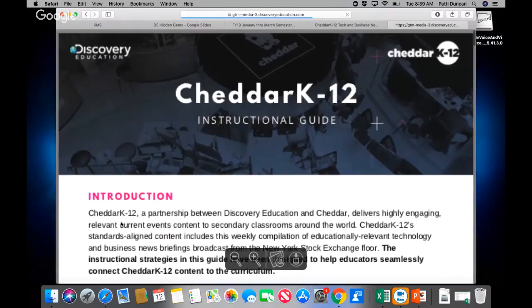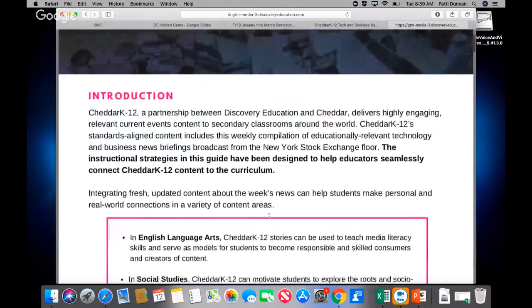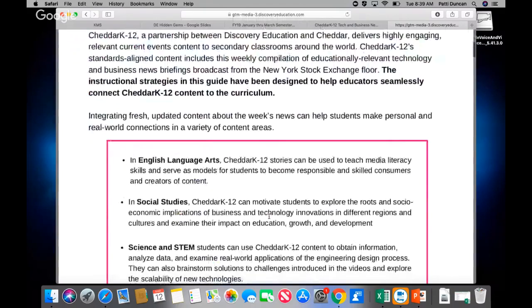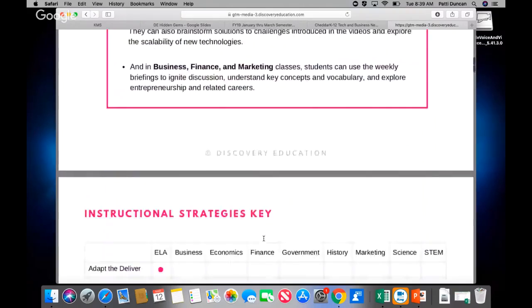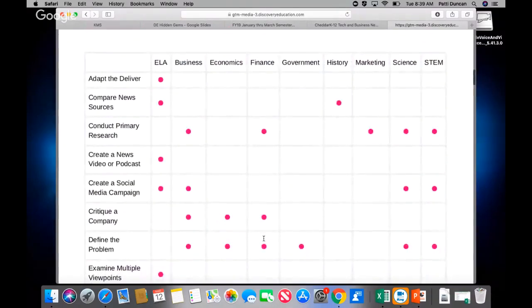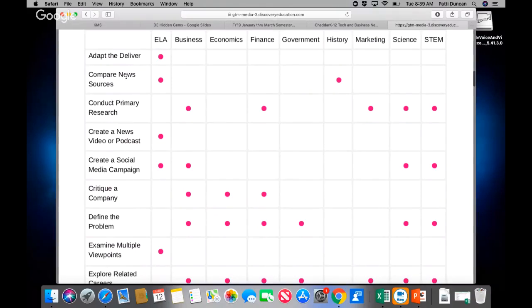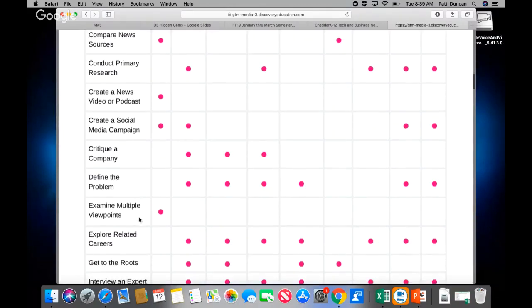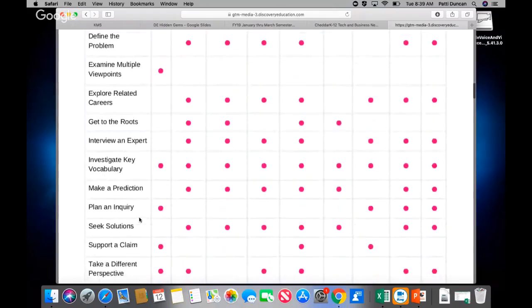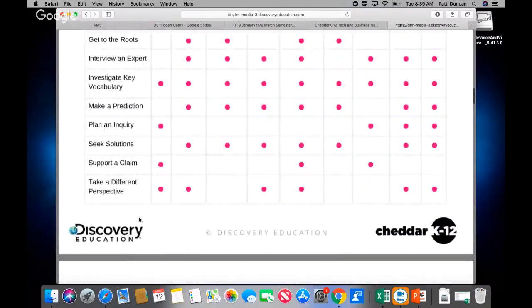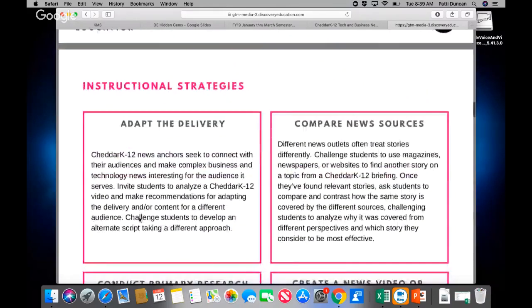I can open the instructional guide, and you see there's an introduction here to what Cheddar K-12 is. You can see where some good integration in the language arts and the social studies, business and finance and marketing, as well as some very specific connections to our 4Cs, to things like defining a problem, doing some critical thinking, looking at vocabulary, making predictions, taking a perspective, and things like that.